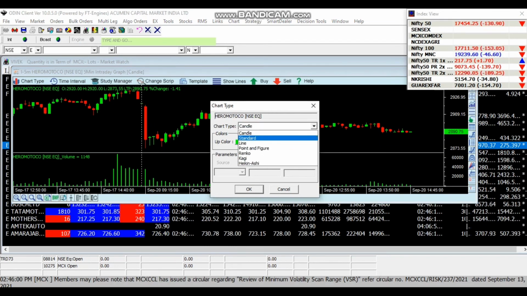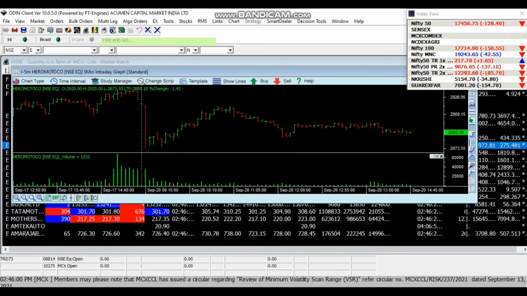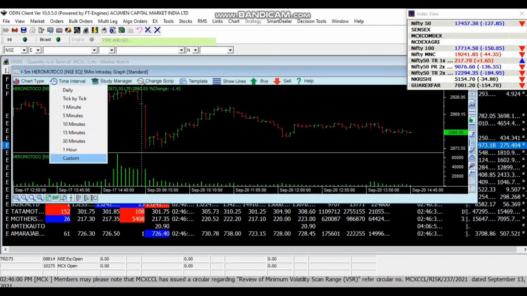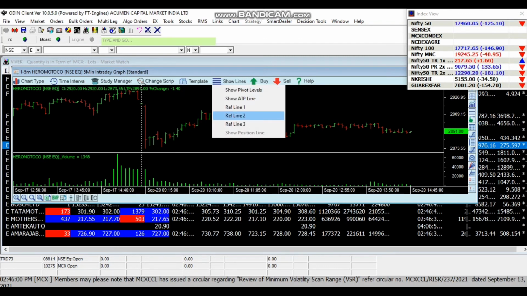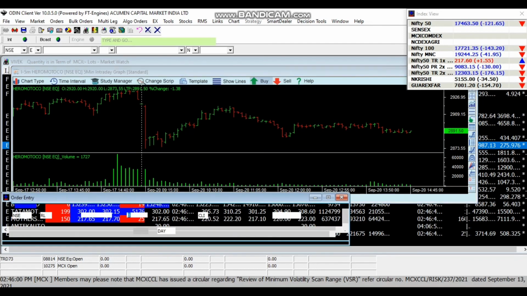You can change color, and select whether you want a line chart, bar chart or candlestick. Time frame also, like 1 minute, 5 minute, 10 minutes, all the options are given on that particular button. In the same way you can see pivot points, resistance levels, whatever you want to add, you can add from here. So everything is there itself.